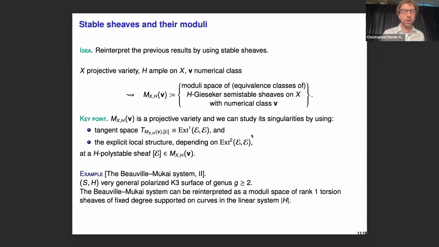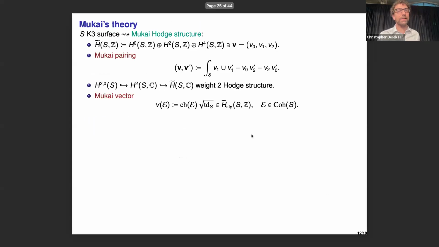Great. So now the next slides will be a bit technical, so we'll go quickly. It's not important so far to know this part, but I just put it for completeness. So for a K3 surface, all moduli theory is controlled by the so-called Mukai-Hodge structure. Okay, so this was in the original paper by Mukai, a beautiful paper from 1987.